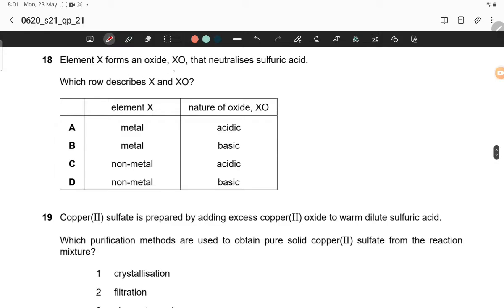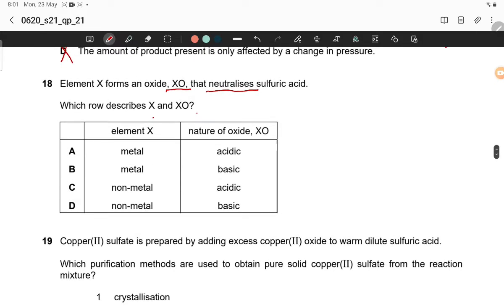Element X forms an oxide XO that neutralizes sulfuric acid. Which row describes X and XO? XO neutralizes sulfuric acid. It means XO is a basic oxide which neutralizes sulfuric acid. Which row describes X and XO? Metal forms basic oxide,